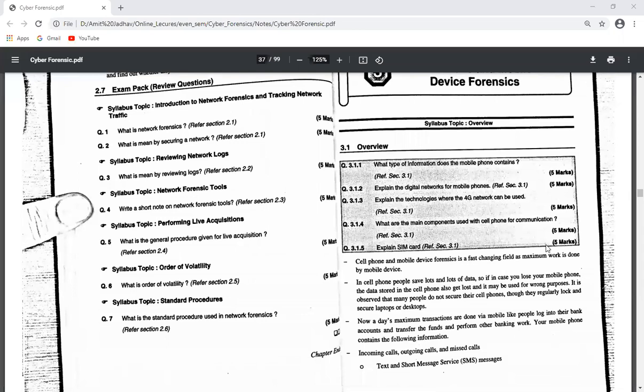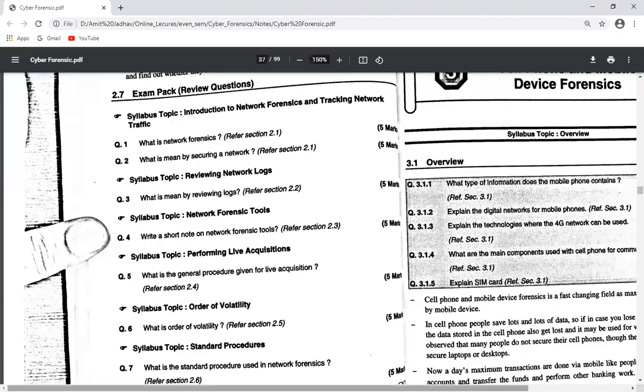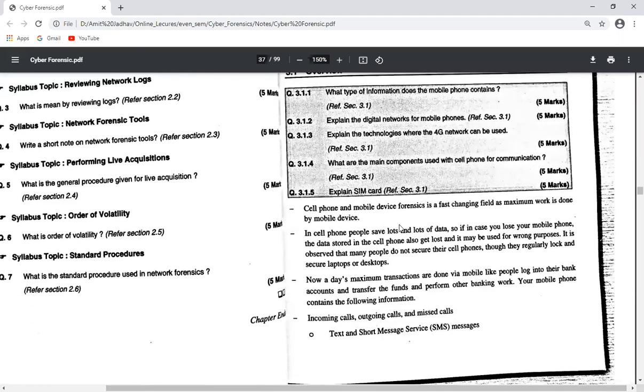Cell phone and mobile device forensics is a fast-changing field, as the maximum work is done by mobile devices, and users store a lot of data on a mobile only.